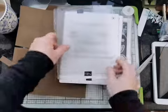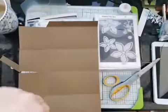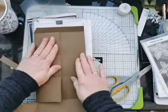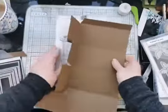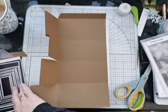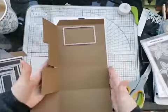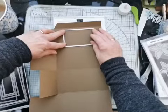Missing an acrylic plate just there, because what I want to do is cut some windows out of here. Now I think I'm going to have to do a little bit of jiggling to do that, just because the cardstock is obviously wider than the plates. So what I'm going to do needs to see which of these rectangles, that's too wide. I think that's going to be the baby. I'm going to want that to sit in there